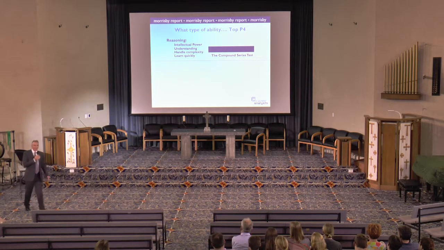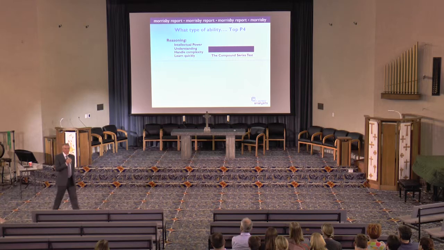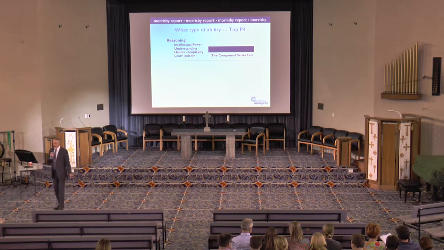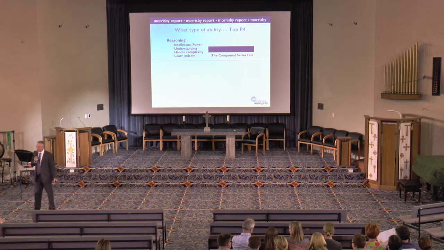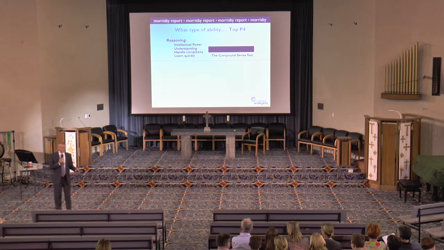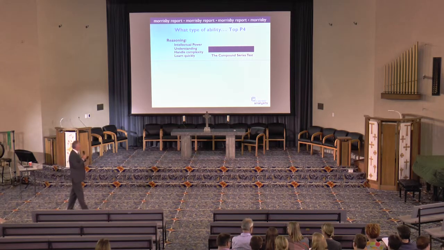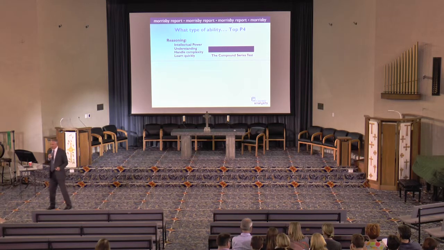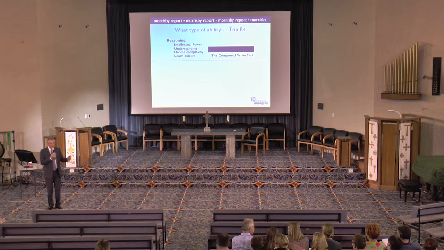Now, let's talk a little bit about some specific tests. If you go to the top of page 4, you get that first bar copied across. That's your reasoning score. And I called it fluid intelligence or abstract reasoning. The best way to describe what this is all about is to say that if someone performs well in this, they've shown a capacity to solve complex problems from first principles. I'll say that again, because it's a good phrase. To solve complex problems from first principles.